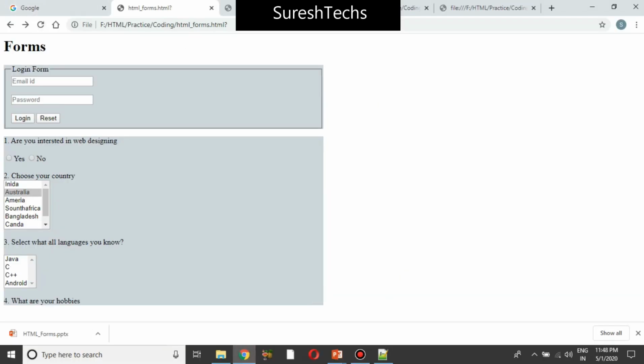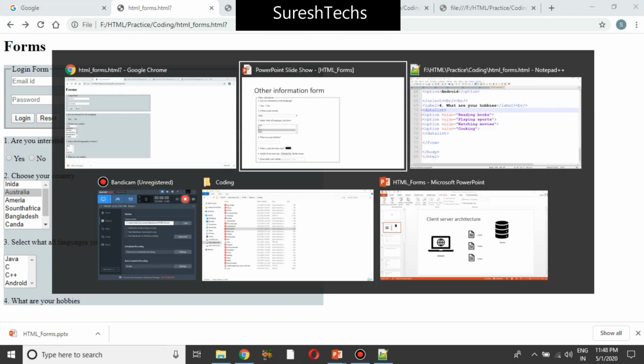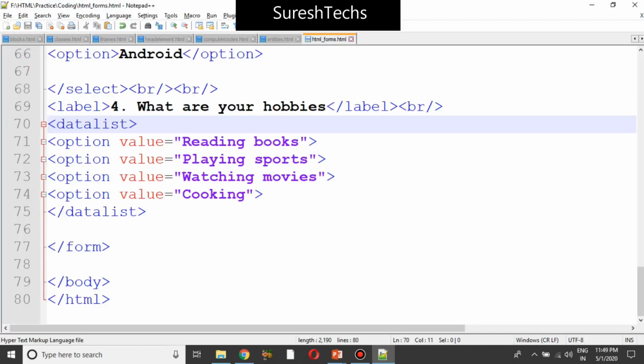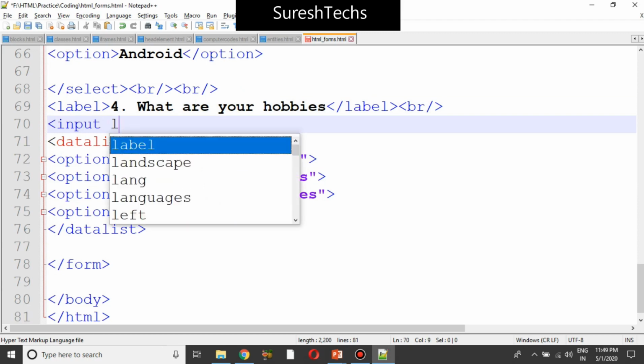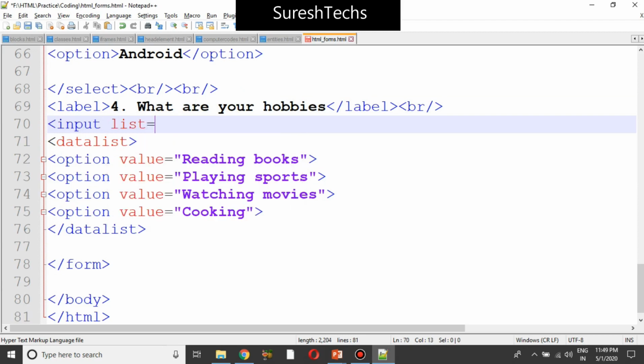Now if you look at this, nothing is added because once you provide a data list, you have to create an input, and you have to link this data list with that input element. To do that, you have to provide an input, and here you have to provide a list, and to this list you have to pass